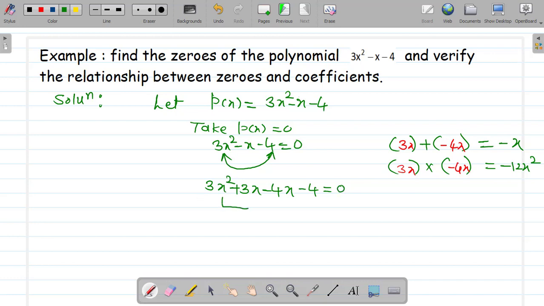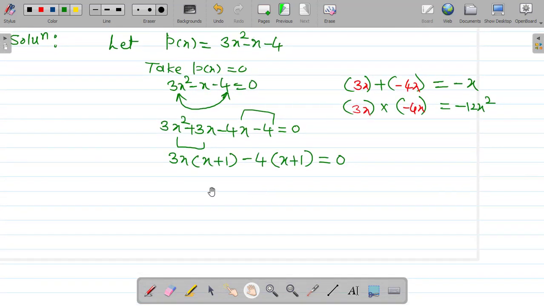So from first two terms, we will take 3x common. So we are left with x plus 1, and from last two terms, we will take minus 4 common, and we are left with x plus 1 equals to 0. So now I am having two terms in the left hand side, and x plus 1, that factor is common. So taking this x plus 1 common, we are having 3x minus 4 equals to 0. So the product is there. The multiplication of these two brackets is 0,